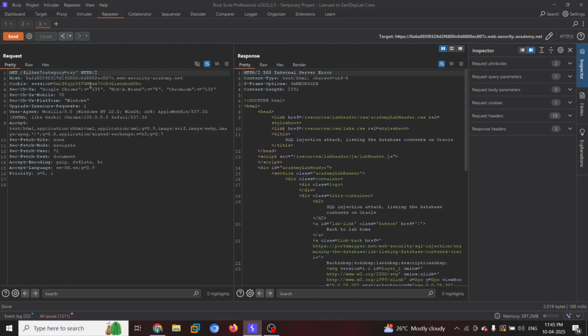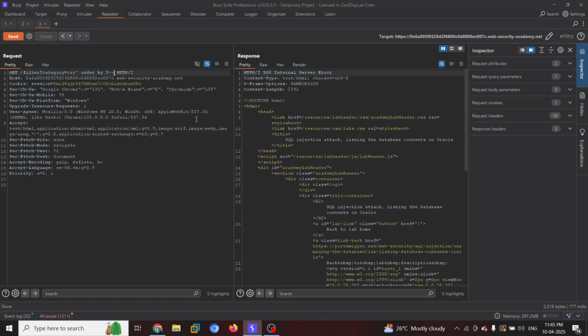So what's the next step in order to exploit this vulnerability? We will try to find how many columns this database has. For that we have a command called order by, so we can use order by 3 hyphen hyphen. Why are we using hyphen hyphen? To comment out the next part of the code. We will send it.